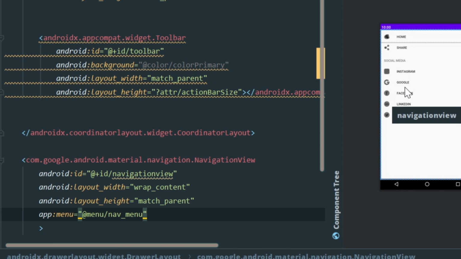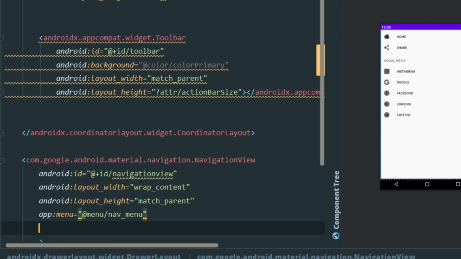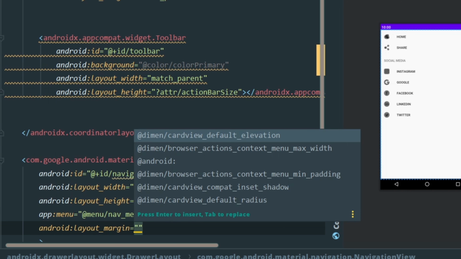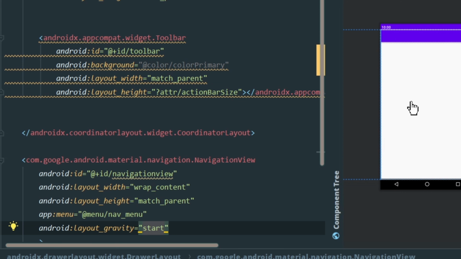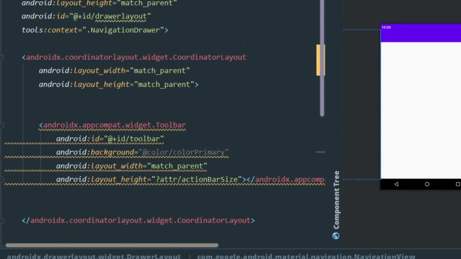So now we can see the menu, but it is in the main screen, right? But we need to have this to the side here, whenever we click on the button which is on the action bar. Then we need to view this navigation view, right? For that we need to write this line, that is layout margin, and after that remove the margin and type for gravity. You will not get a suggestion for that, and we need to type for start. Now we can see the navigation bar is moved. So this is how we need to set the XML.